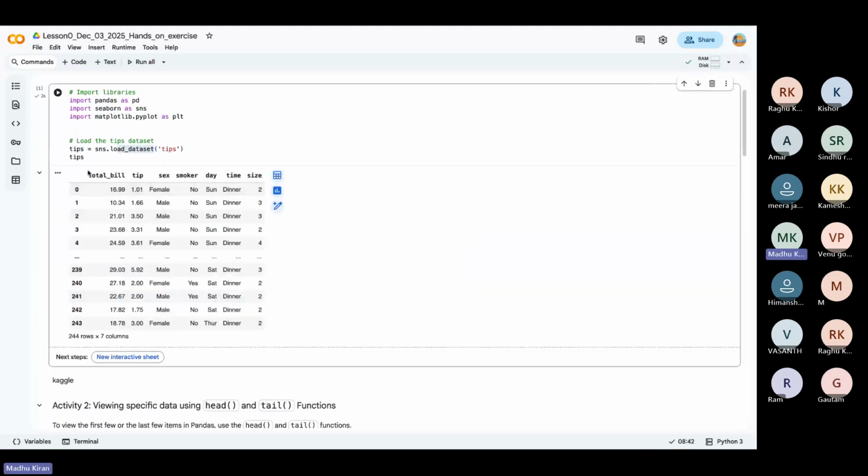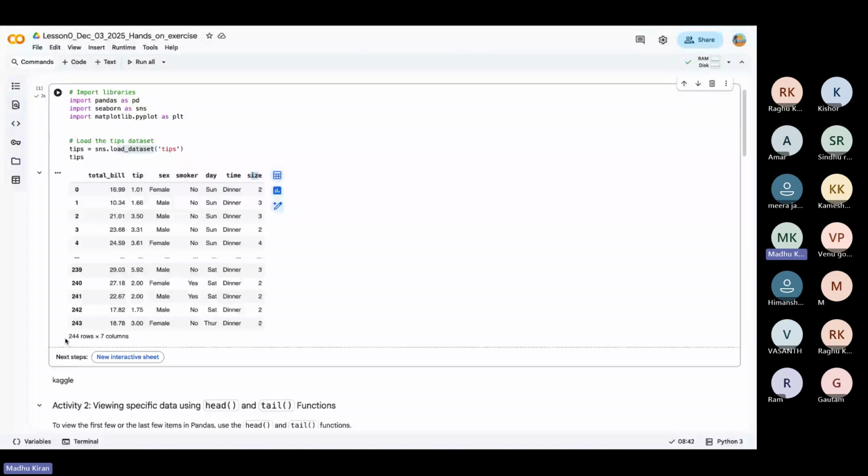Usually, before this part of getting the data set, we have data collection, data cleaning, and data preparation. Here, this is the raw data we have. We have the total bill in dollars, the tip given based on the total bill, the gender of the person, whether he's a smoker or not, what day it is, Sunday, Monday, Tuesday, what time it is, and the size of the group which went to the restaurant.